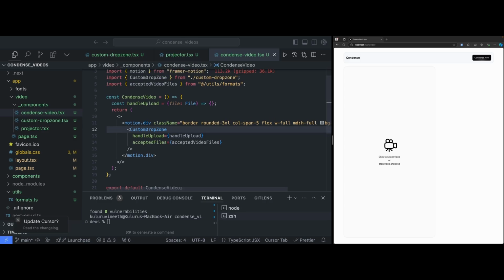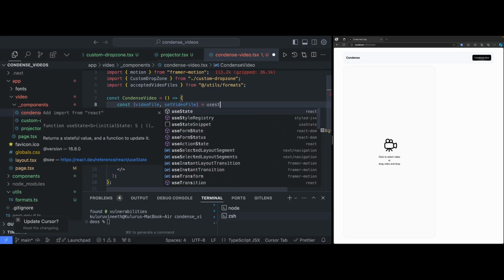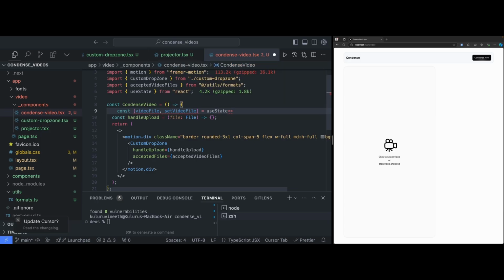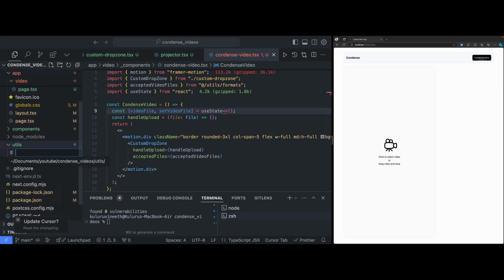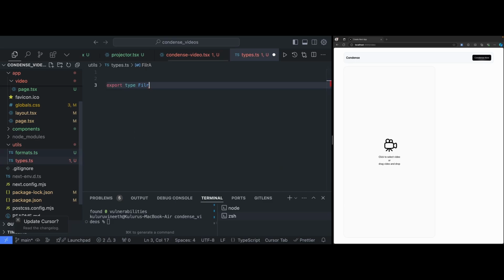For that, I'm just going to add this state variable. Let's name this video file, set video file. And this one is going to be of a type. I'm just going to create one type for this, which will have file name, file size, from, and all those things. Normally I want the file type to be that one. Also here in utils, I'm going to create a new file called types.ts, and let's create one type for that. Let's name this file actions,